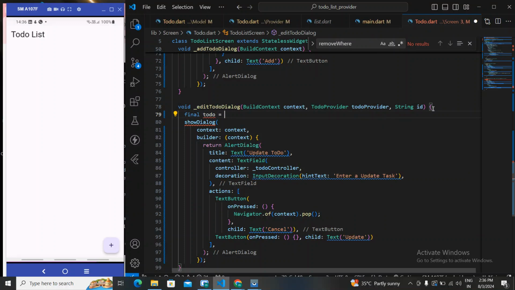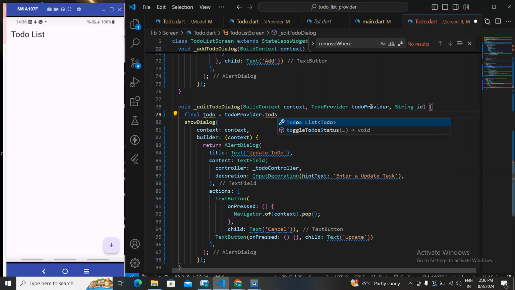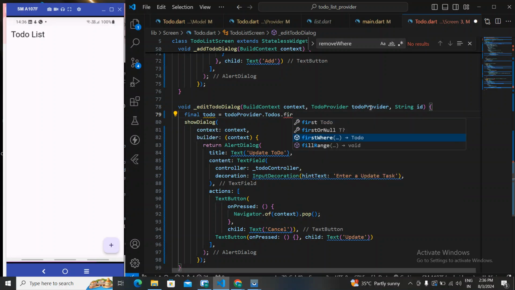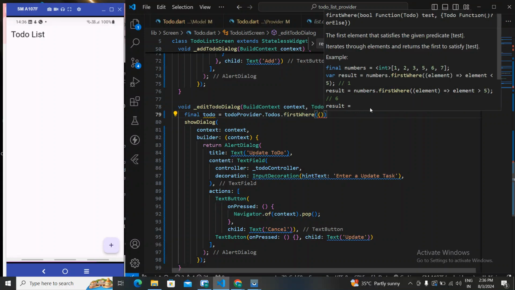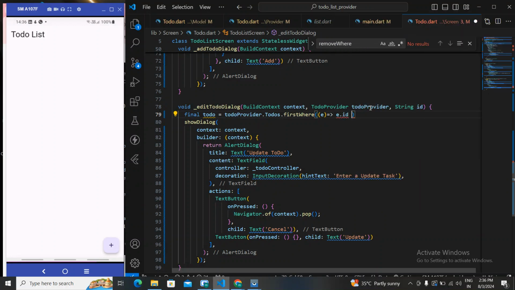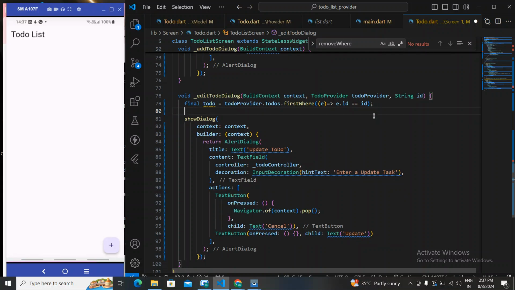Final to do provider to do's first pair of e dot id is equal to id. So this will return 1 or minus 1. For example, if we get the id, let's see, first pair